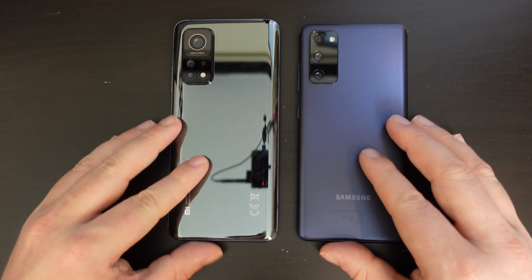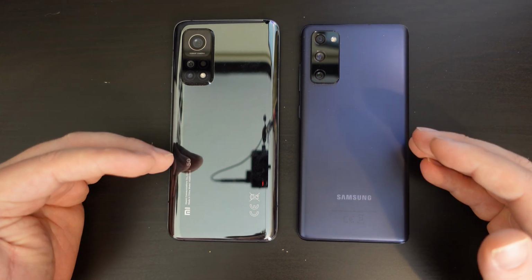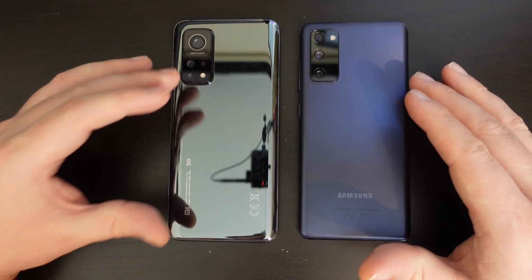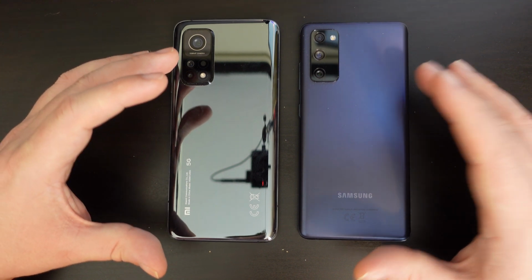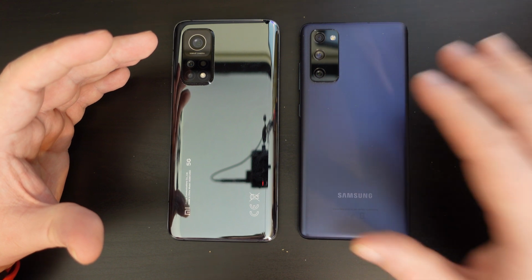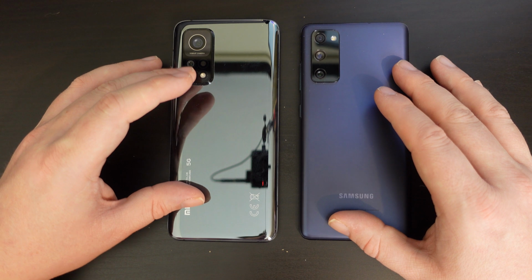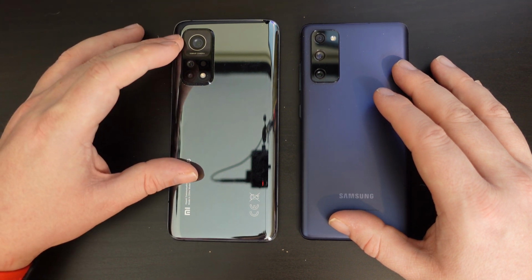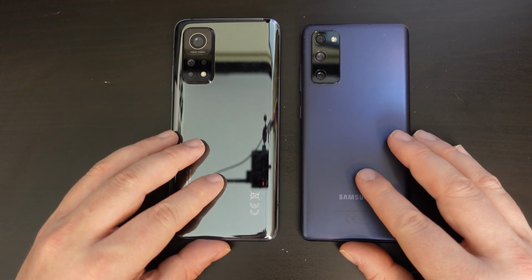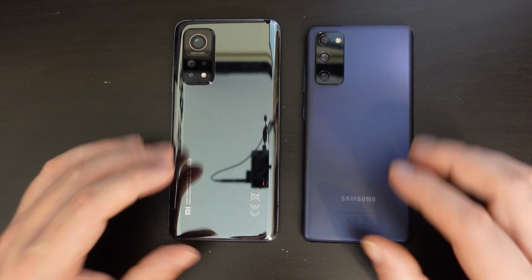At this point, in early 2021, I don't think there's any real advantage to spending an extra few £100s for the real flagships when you get so much value from these devices in this price category. For context, in the UK at the moment, the S20 FE 5G is around about £600, whereas you can get the Mi 10T Pro 5G for as little as £400. So both really great value for money, and it's great to be in a world where you get such value